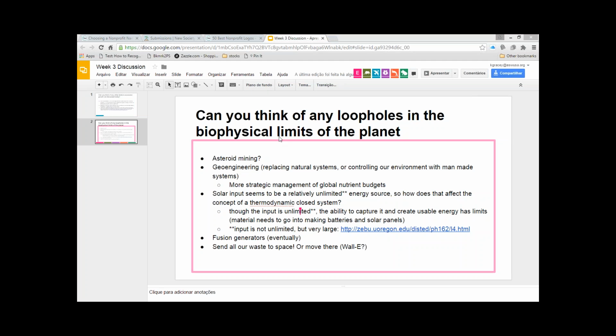The challenge, of course, is that it's not infinite. We don't make perfect use of it, and eventually it does run out. And also, if our economy continues to get bigger and bigger and bigger, there is potentially a point where the size of the economy is the same size as the energy coming into the planet. And then we have another challenge. It's not today's challenge, but it's tomorrow's challenge.